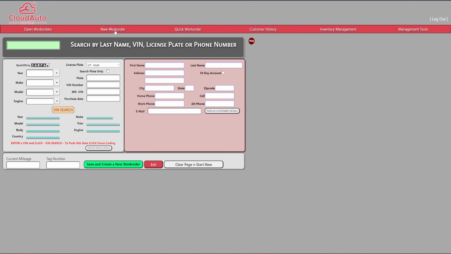Go ahead and click on that and it'll take you to a new screen where you can either enter in the last name, VIN, license plate, or phone number of an existing customer to automatically pull up their information, as well as any work history that they've had done in the past at your shop. And you can also view the Carfax history of the vehicle in case they've had work done on the vehicle